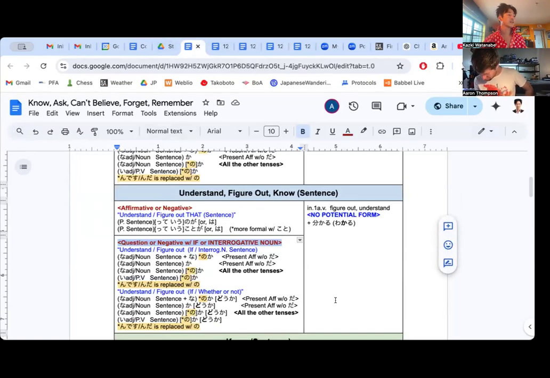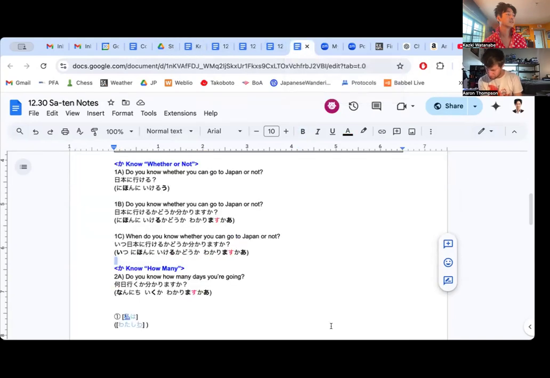What comes after that? 行けるかどうか? And then what comes after is what's on the right column. わかる。日本に行けるかわかる？ Yeah, let's include doka right now. 日本に行けるかどうかわかる？